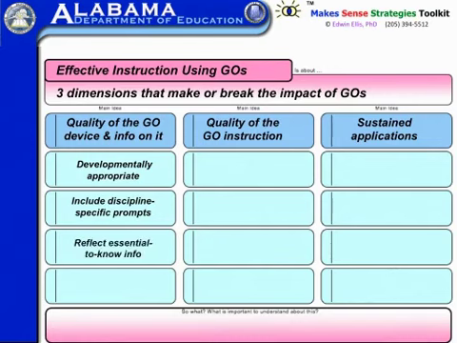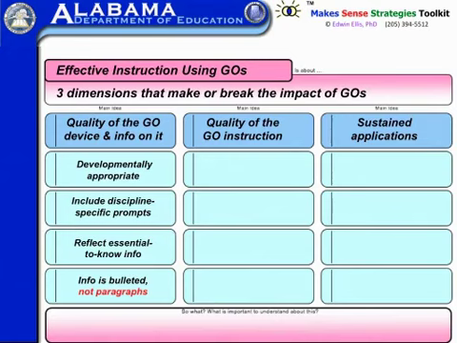Another key thing about the information on the graphic organizer is that it needs to reflect really critical, essential to know information. In other words, what's on the graphic needs to be stuff that you really expect kids to learn and remember. And finally, the way that information is communicated on the graphic needs to be in bullets,